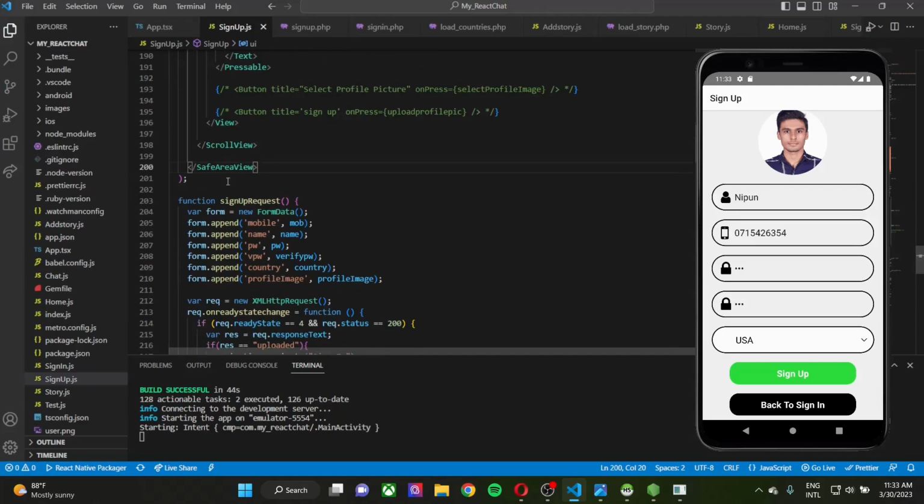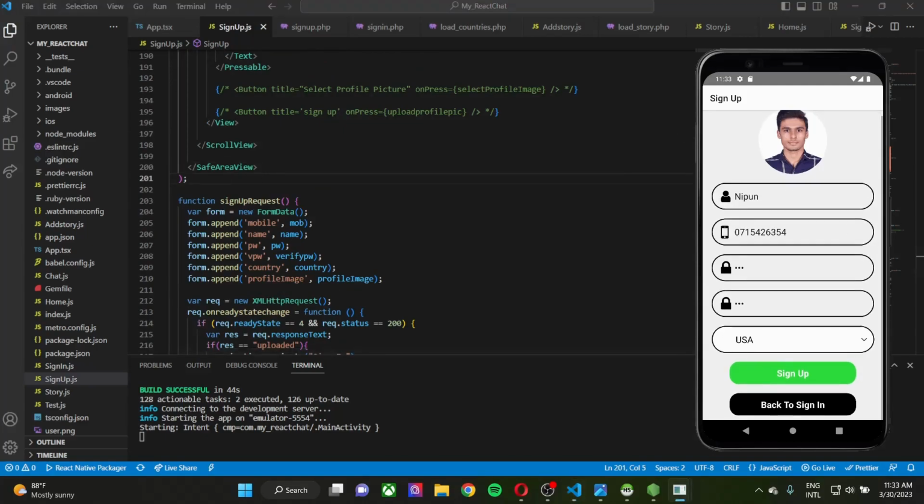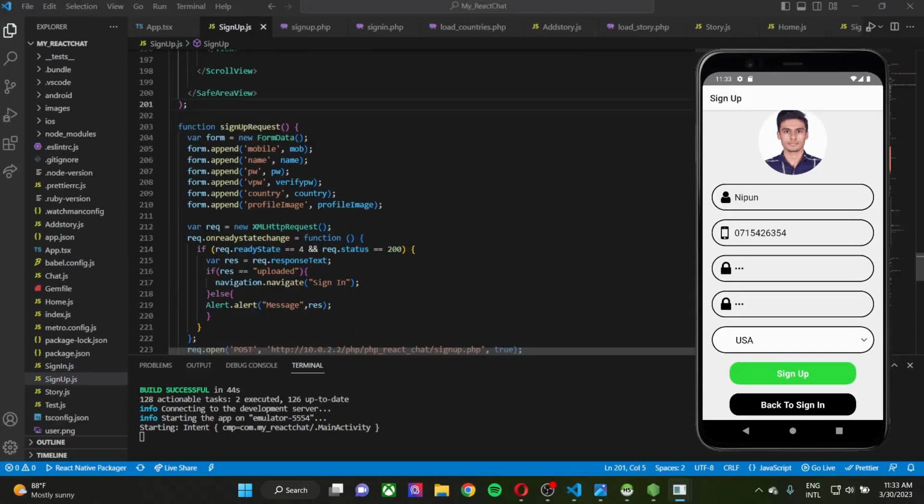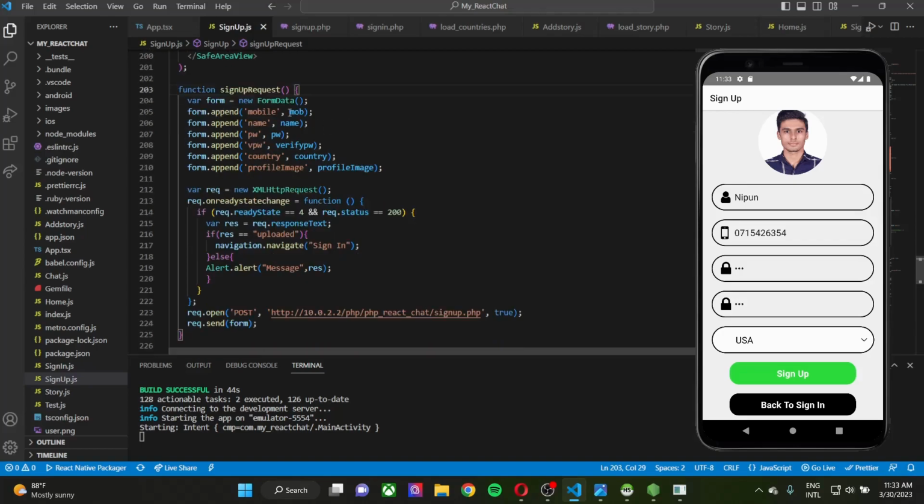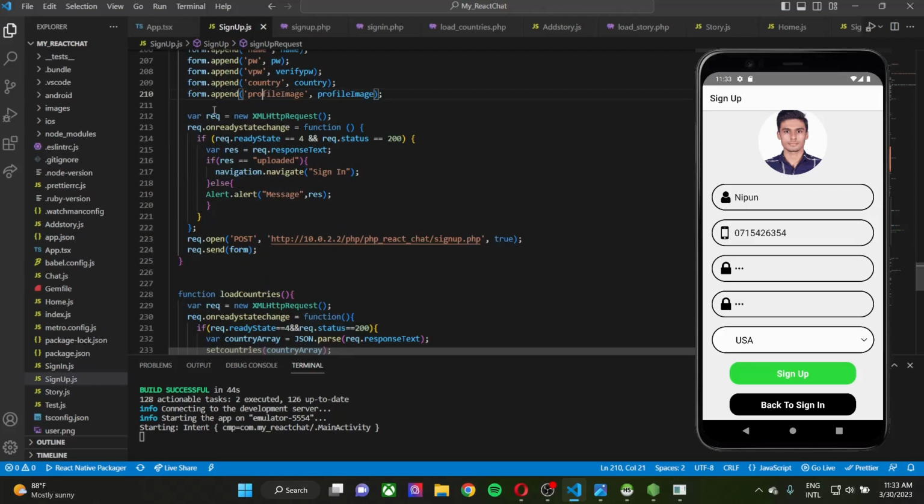And then the UI design is over, and then we'll talk about the sign up, or the functions that we used above. So first of all, the function sign up request, we are creating a variable form and appending all the details, including the mobile number, name, password, verify password, country, and profile image, and creating another variable as request, and